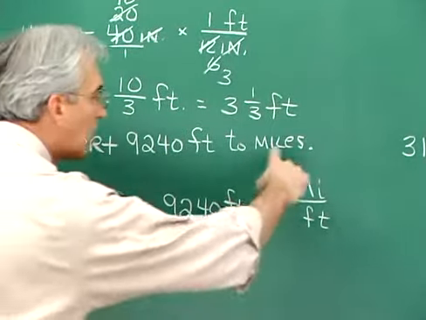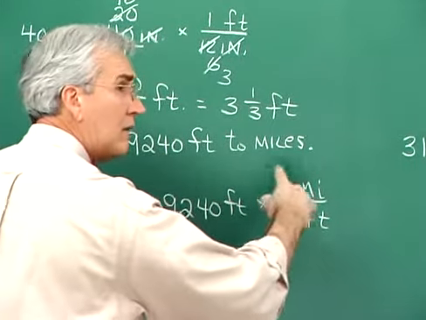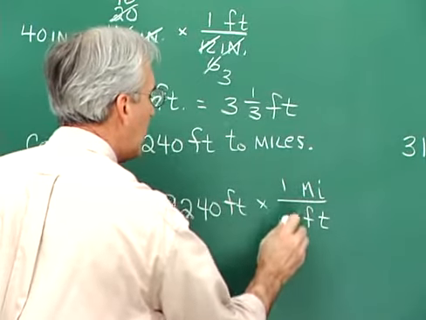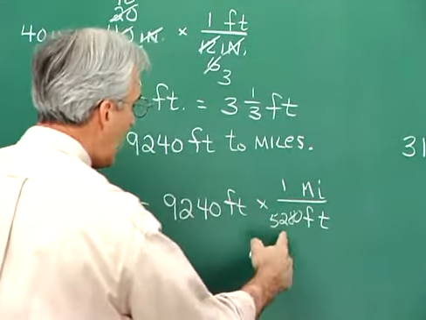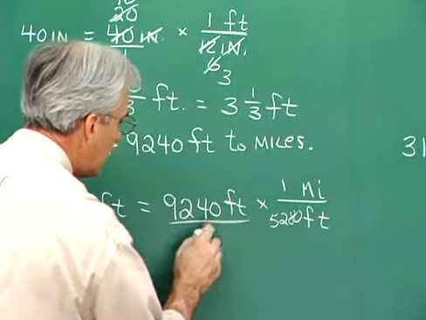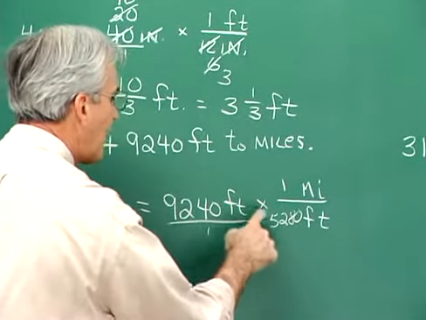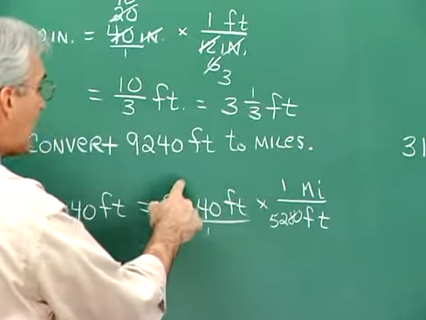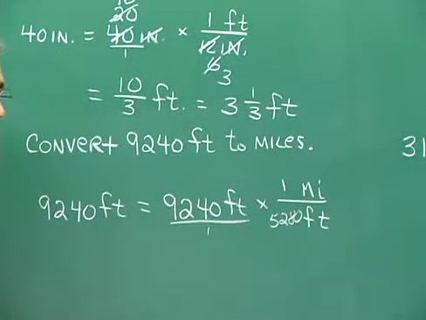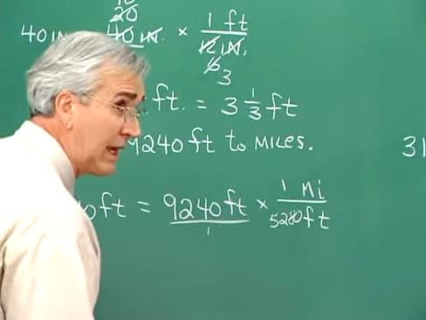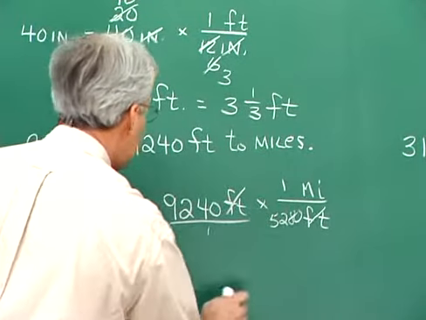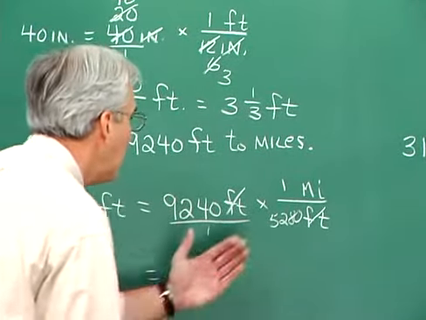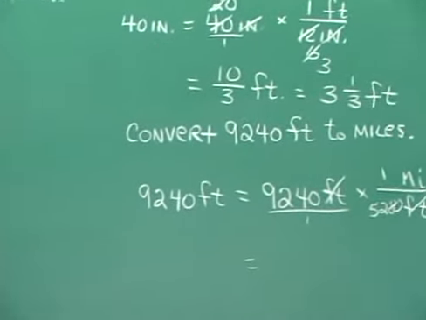And now, what is the relationship between feet and miles? Well, 1 mile is 5,280 feet. You see, so now we have, this is an understood numerator, so we're dividing 5,280 into 9,240. And we can use the calculator, I suppose, at this point. But the feet will go out, and we have, well, let's see. What do we have? We're dividing